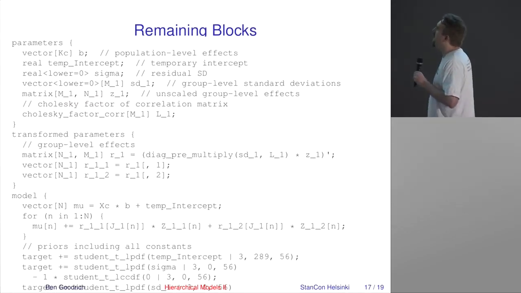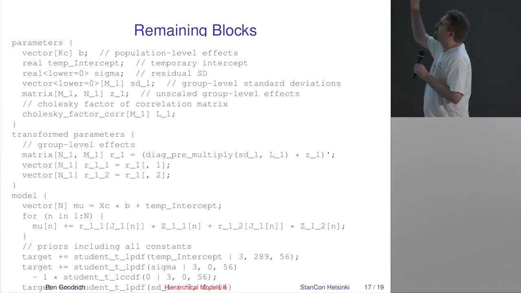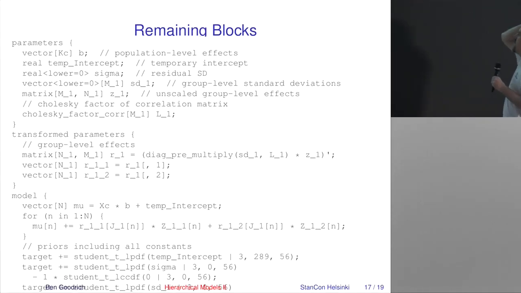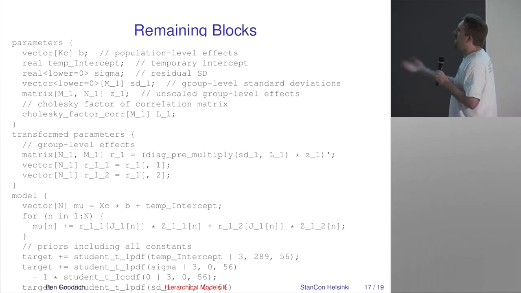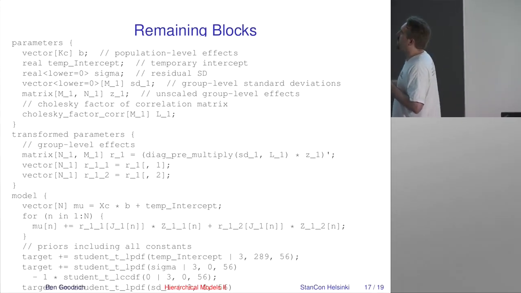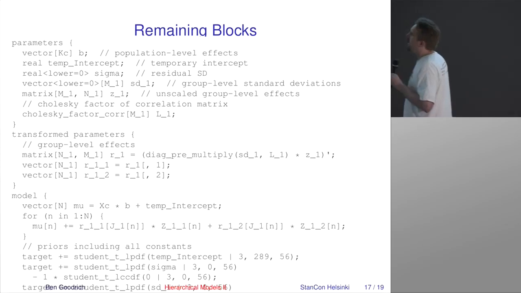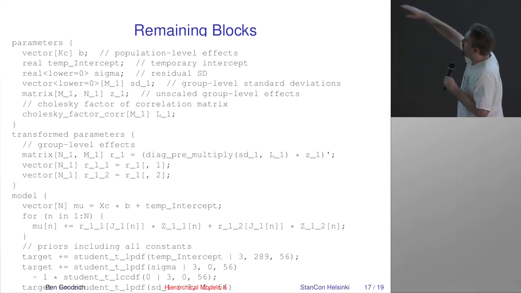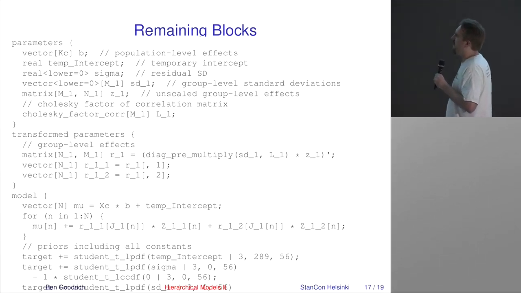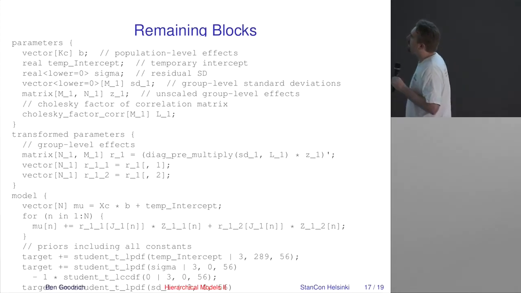In this case, there's no shift because the prior on these individual level deviations has a center of 0, so we're only doing the scaling part. And then we stick those into the respective columns of this R1